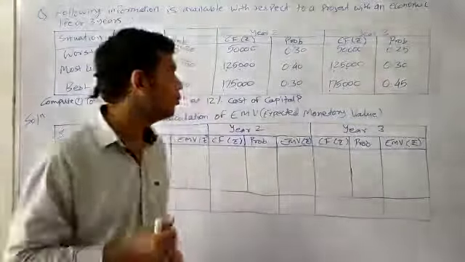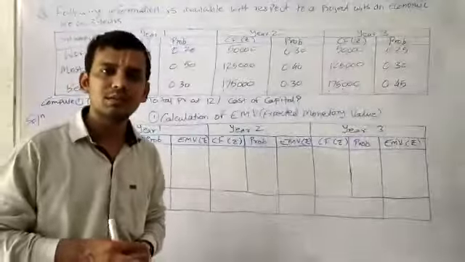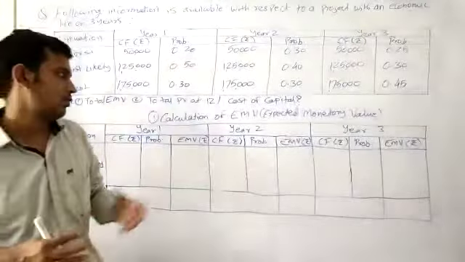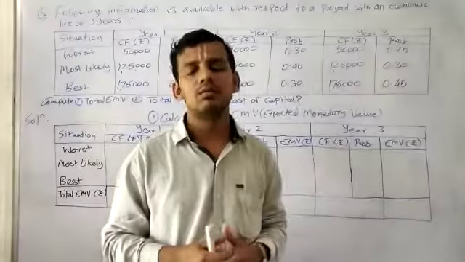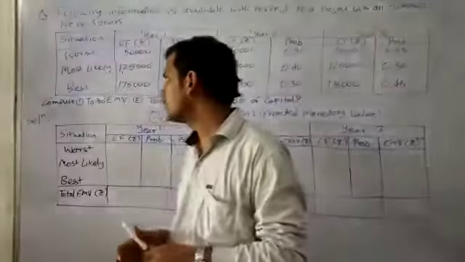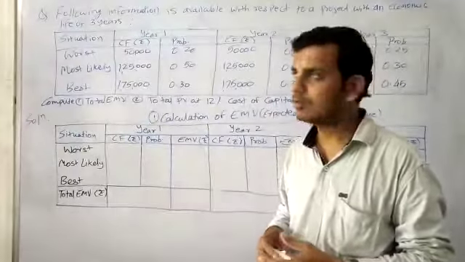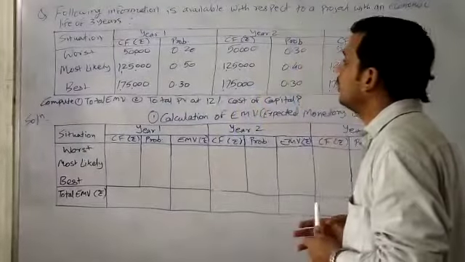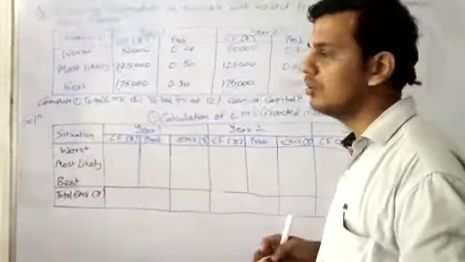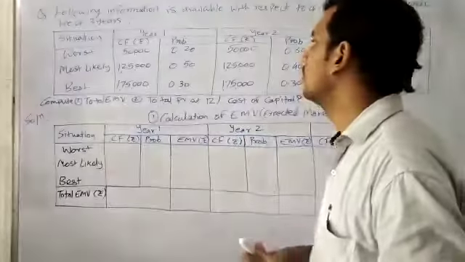In the last lecture of project appraisal and finance, we have discussed the probability approach method for the purpose of calculation of EMV and present value of the project. In this video, we will again discuss similar types of questions so that we could have a better understanding of the concept. The question says that a company has a project for which the following information is given, and it has an economic life of 3 years.